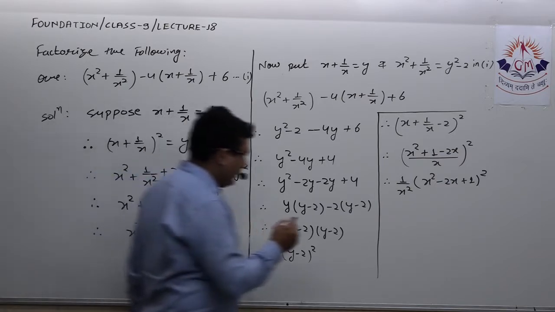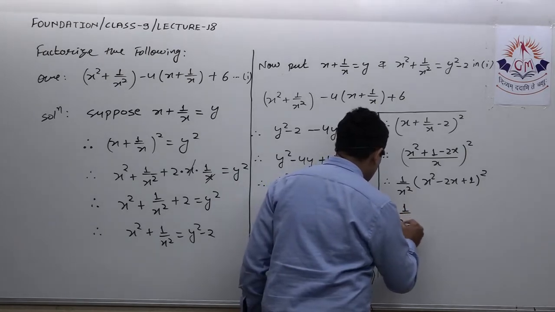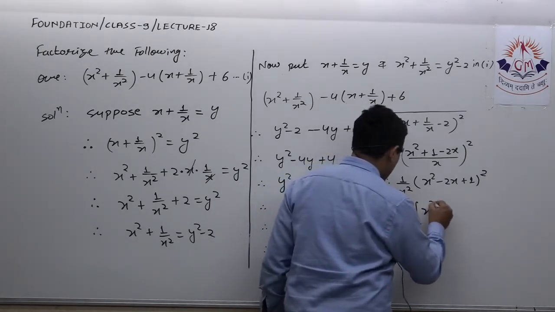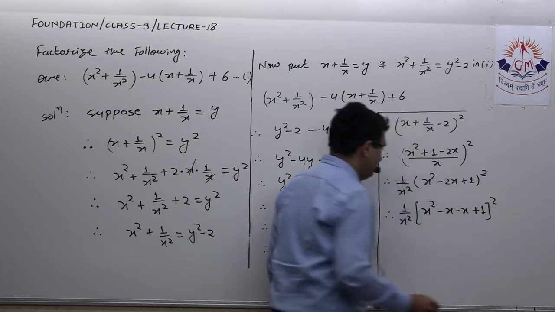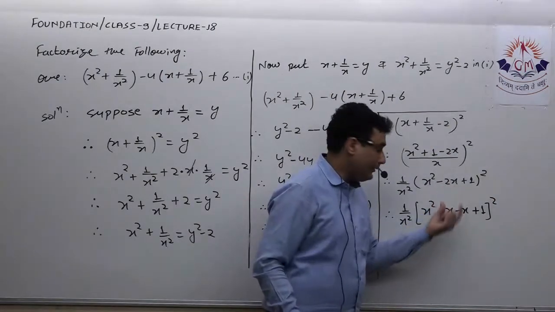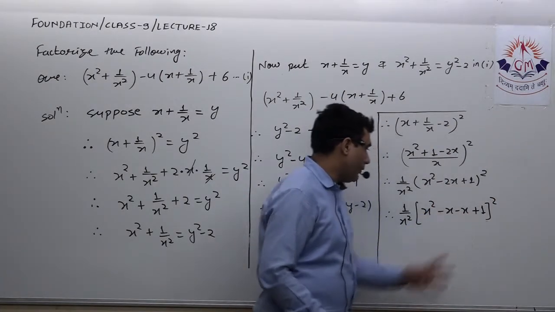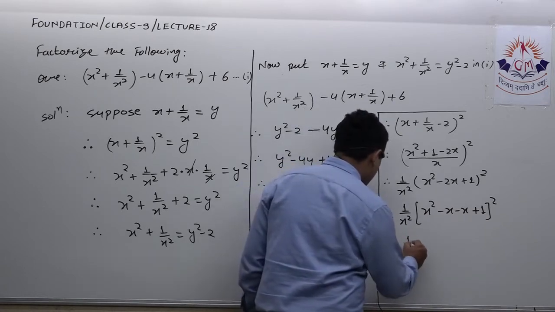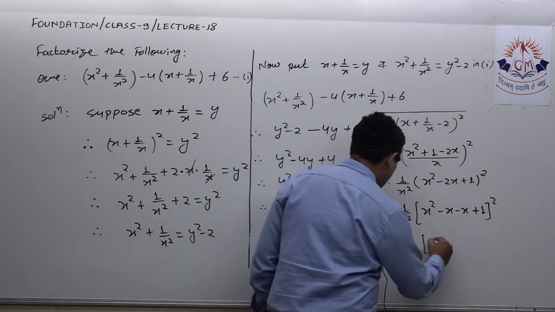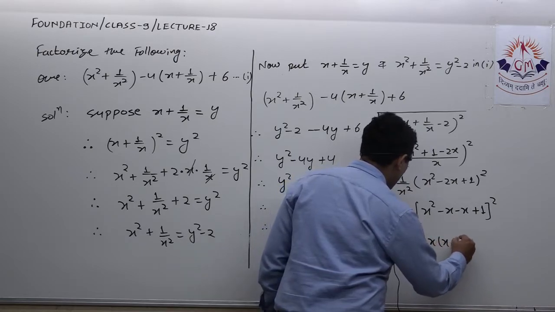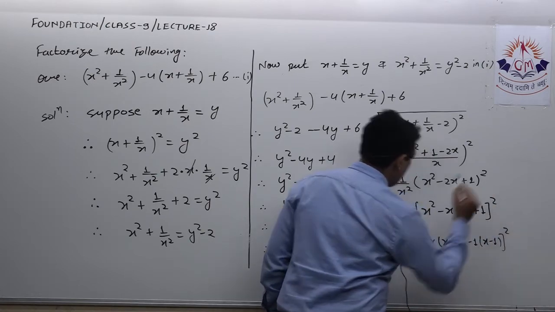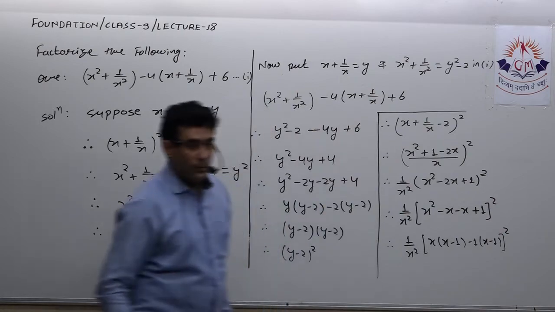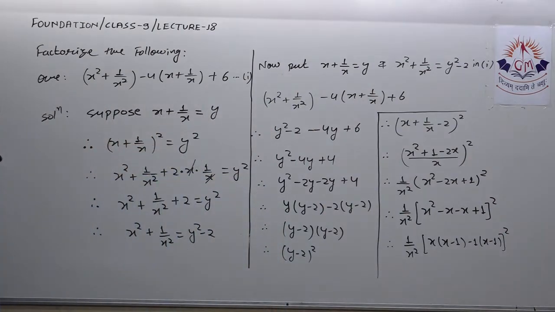Okay, so let us see. Here it is 1 upon x square. Over here I can write x square minus 2x plus 1 whole square. Now their sum is minus 2x. Their product is 1x square. So it is possible to factorize it further. So here it is 1 upon x square. Here I can take x common, so x minus 1. Here I can take minus 1 common, so x minus 1 whole square. Okay, so note it down up to this point. Then I will give you the remaining steps for the solution.